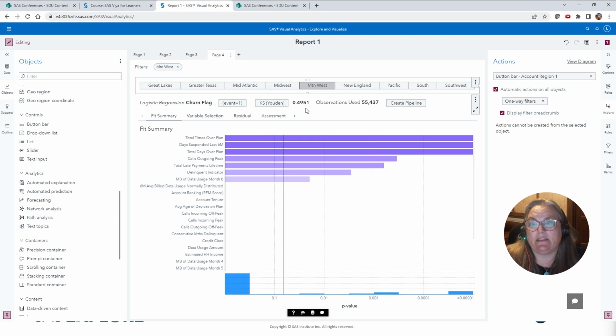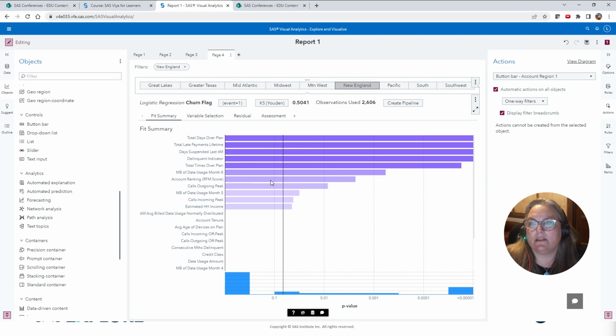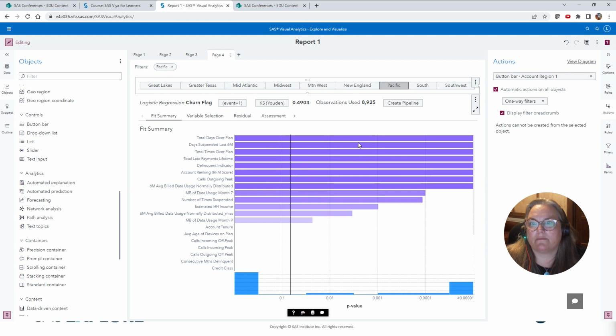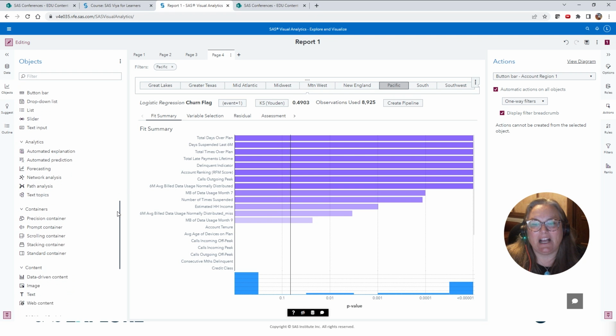And so we see that there is a difference between the regions as far as what data items are significant. Okay, there's a lot more that we could take a look at, but I think our time is up.